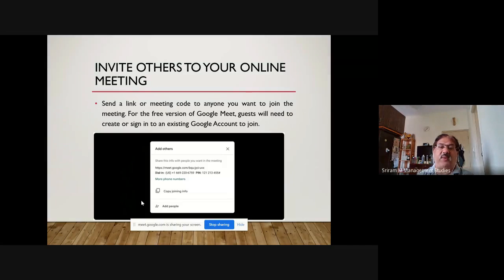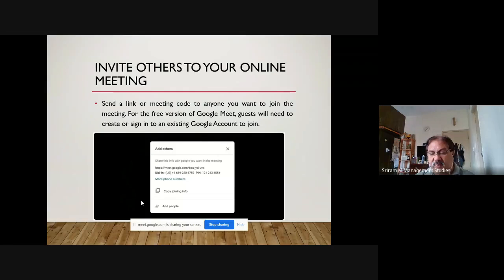The only problem here is there are two versions. One is a free version and one is the institute supported version. If your institute supports G Suite, then you will be able to invite even people from other IDs. In this meeting also I saw there were a lot of people with a non-Google account, but I was able to invite them because we have an institutional account. If it's a personal account, you'll be able to invite people only with a Google mail ID, or else that might not be possible.